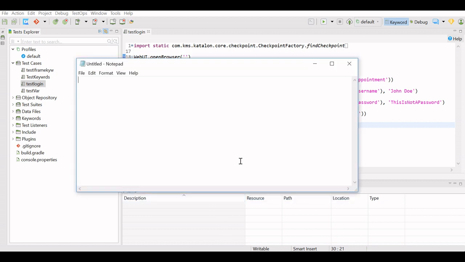In real time projects we work on different environments. We need to execute the same set of tests on different environments. For example, we can have the UAT environment, a separate QA environment, and a separate pre-prod environment. This way we may have 3 environments, 4 environments, or 2 environments, and the URL, username and password for each of these environments will be different.